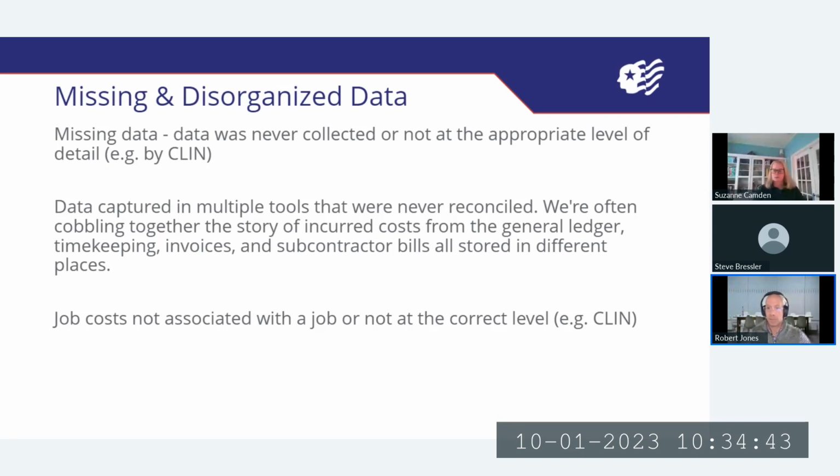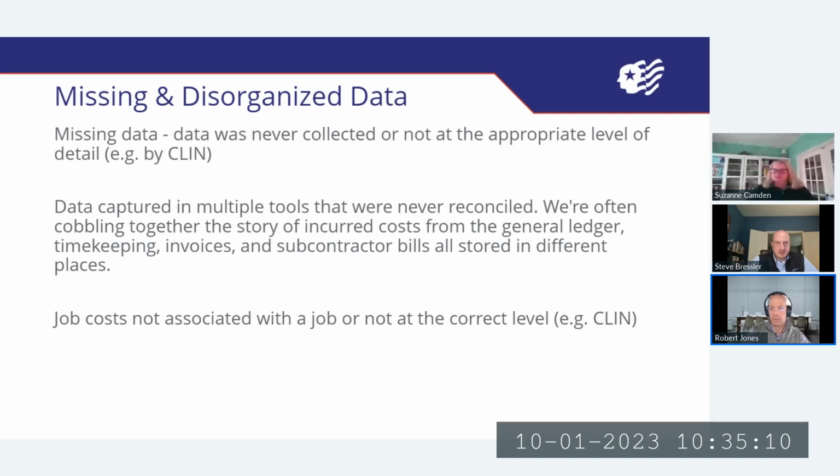The data was either never collected or it was never collected at the appropriate level of detail. For example, on Schedule H, you are supposed to collect and report those direct costs and invoicing at the CLIN level, if you've got CLINs identified. And oftentimes what we find is that clients are collecting information at the project level, but they didn't properly set up their project with the appropriate sub-projects or tasks, or whatever your system calls them, so that they actually have the information by CLIN.